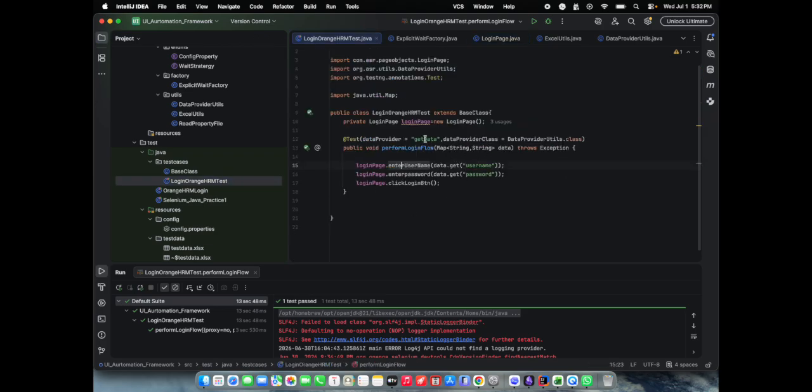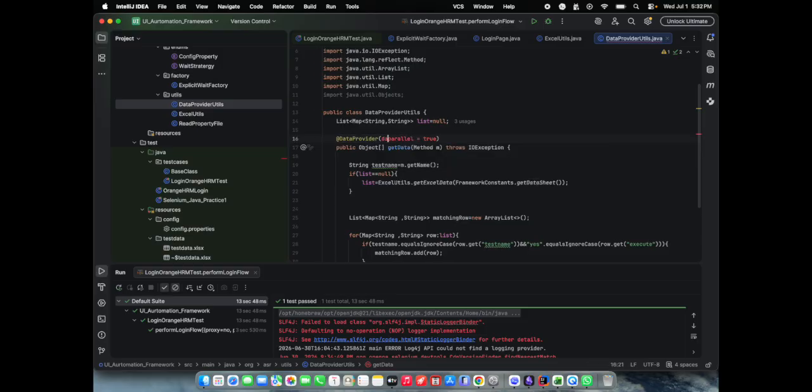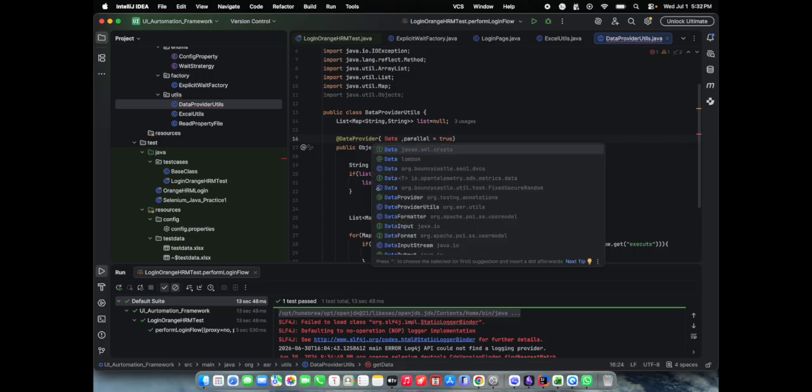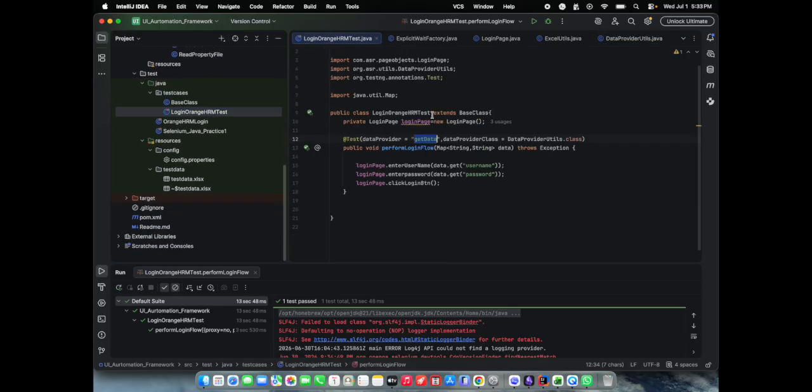And once this is like data provider name, so if you go to this ExcelUtils here, get data, and you can pass them data. So if you pass without this, let us run without that basically. Okay, if I run this one now,